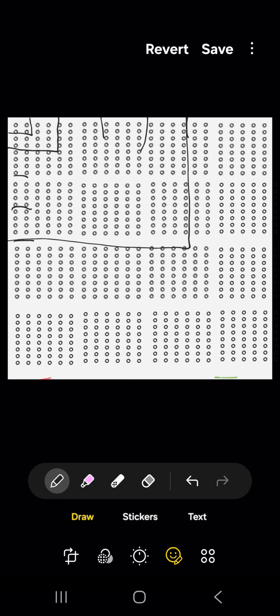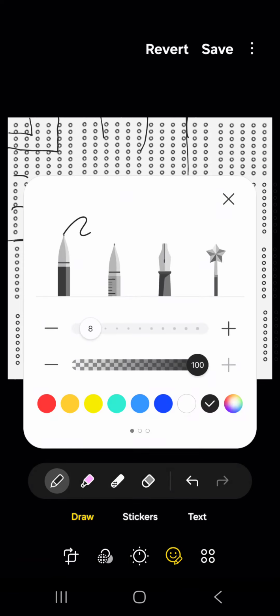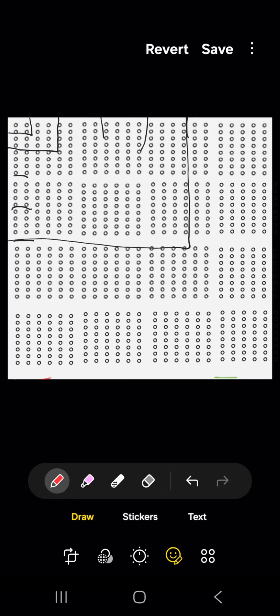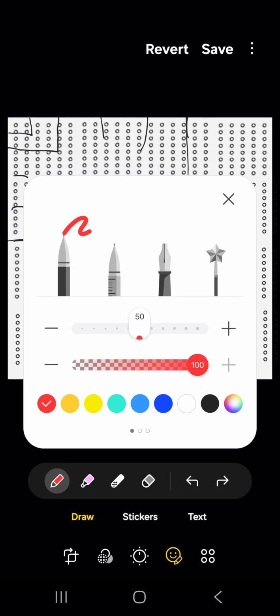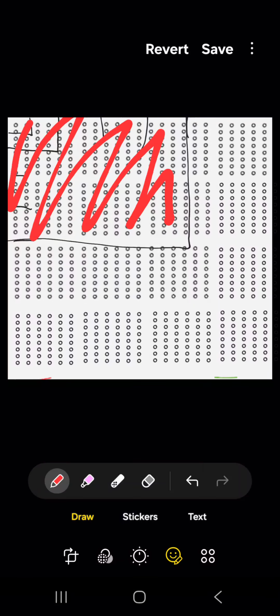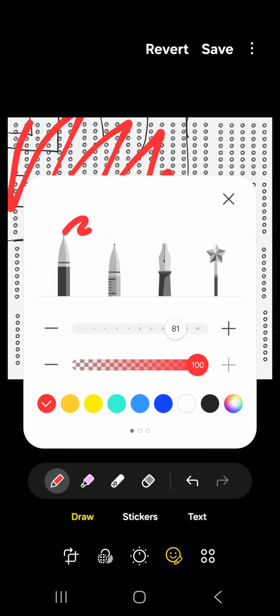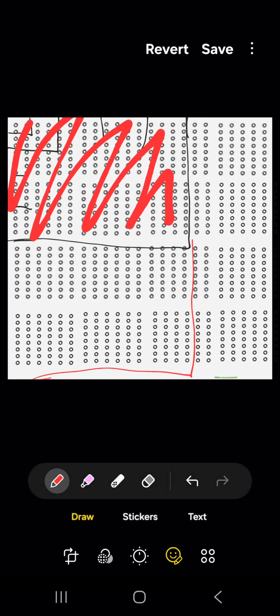The next thing would be that since this right here is, say, my 16 by 16, that is 256, which means that this is another 256,